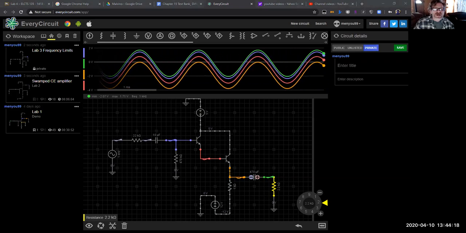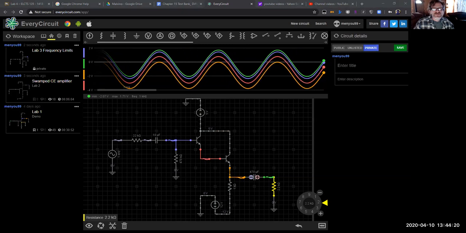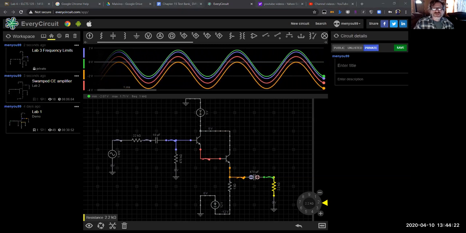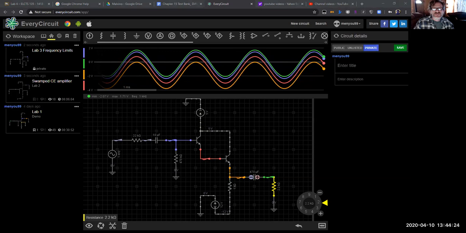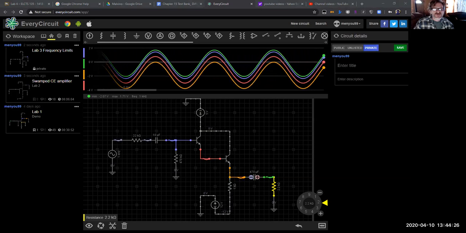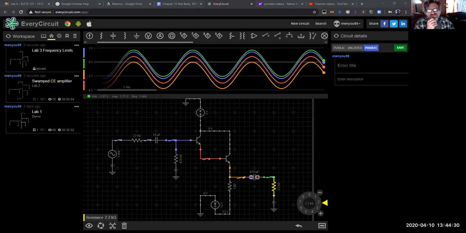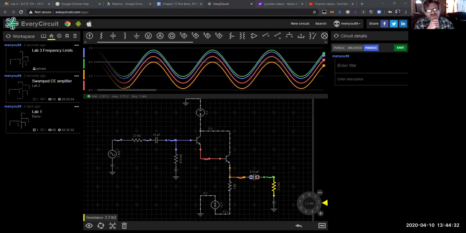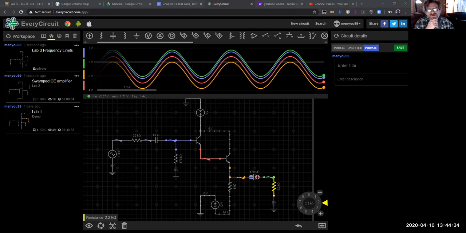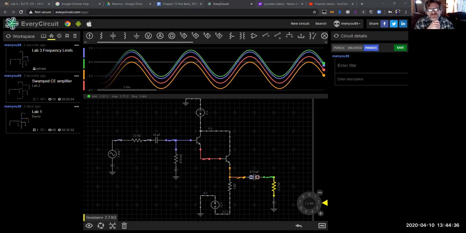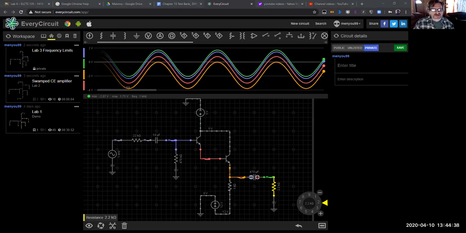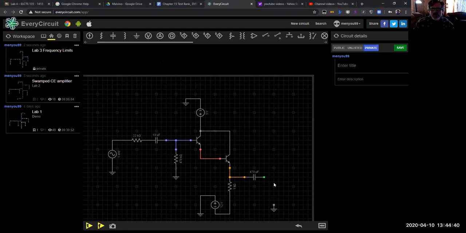And then a hypothetical: if the 22K source had been directly connected to the 220 load without the follower in between, what would be the load voltage? Number 3, how do the total harmonic distortion levels of the follower compare to those of the swamped common emitter? Now, that is one thing I will